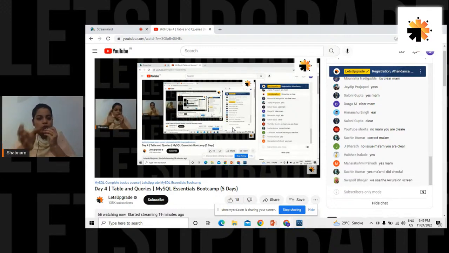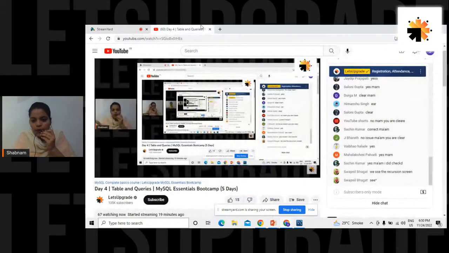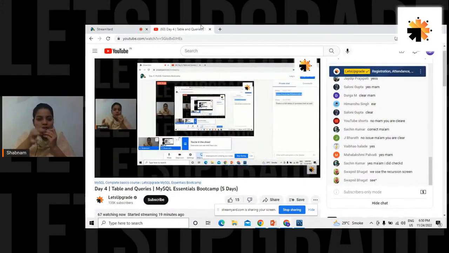Okay, fine. So this is the question: what is the difference between primary key and unique key? A table can have only one primary key, but a table can have multiple unique keys. All right, only one primary key. Fine. I would like to accept your answer in the chat box. Is the concept of primary key clear? Answer with respect to this question, please.